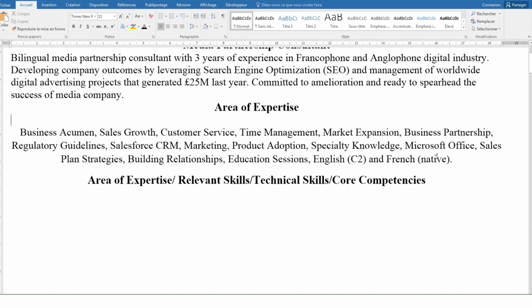the less relevant. I wanted you to see that when you put a language, for example, your level, if you are basic beginner, if it is A1, if it's C1, C2, you have to put it. But always think about the job offer. If in the job offer they mention that you have to be at least B2, this means that for your level you can write A2, B1, B2, C1, C2. If they want you to have an advanced level in English, you have to mention advanced, don't put C1. If you are bilingual, you can write that you are bilingual, but always put your level for these